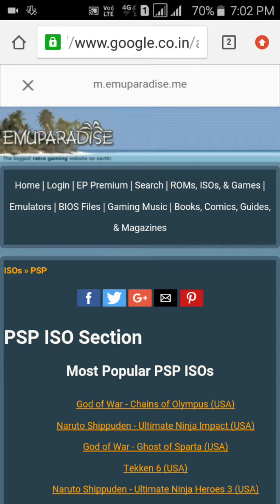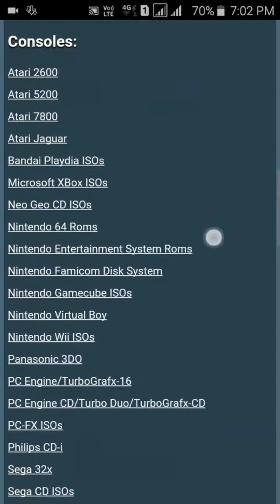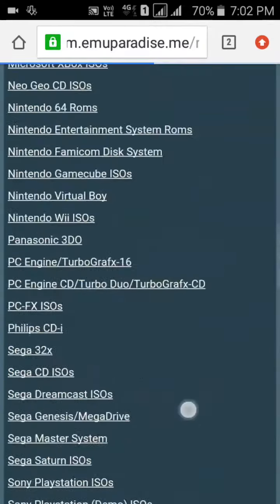Here, you can see the option ROMs and ISOs games. Click on it. ROMs, ISOs and games, and you can see here the games appear.